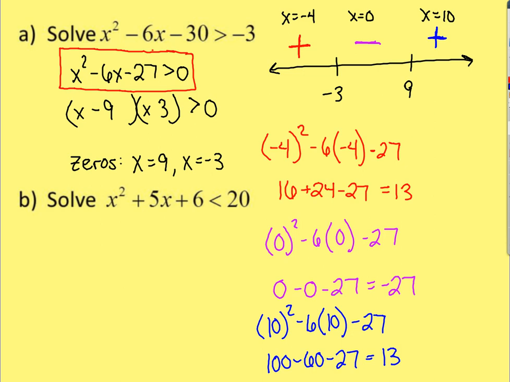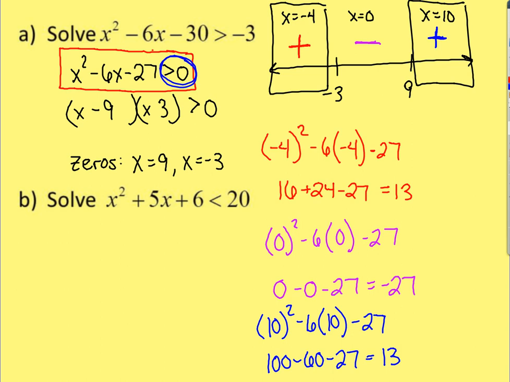But if we go back to our function, we want to know all the values that are greater than 0. So we're looking for the intervals where it's positive. Our function is positive if the values are less than negative 3, and our function is going to be positive if our values are greater than 9. So our solution for